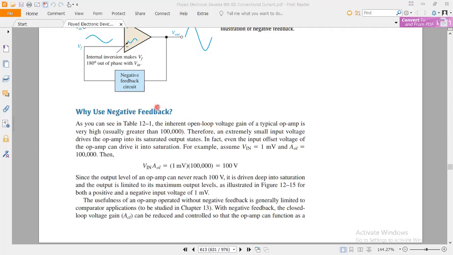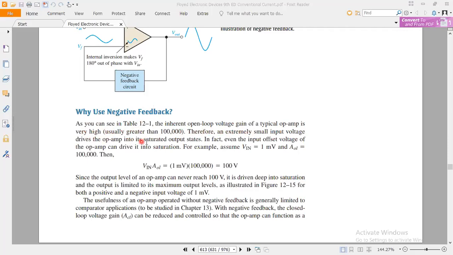Now, students, we continue the session again. Why use negative feedback, and why is negative feedback so important in op-amps and in BJT, FET, and linear conventional amplifiers? The answer to this question is that the inherent open loop voltage gain of a typical op-amp is very high,